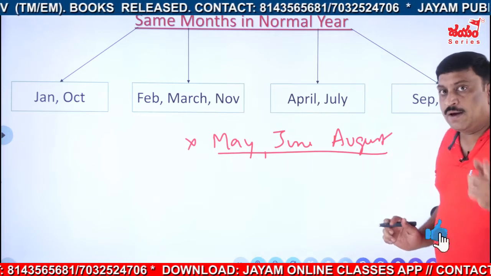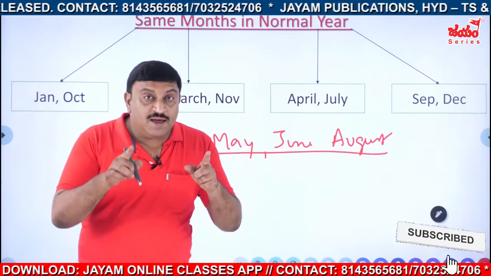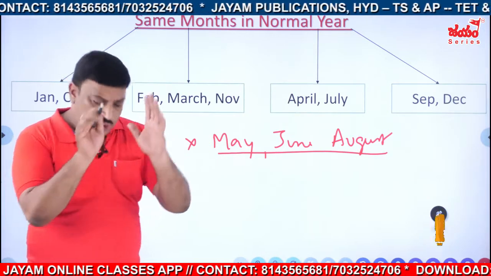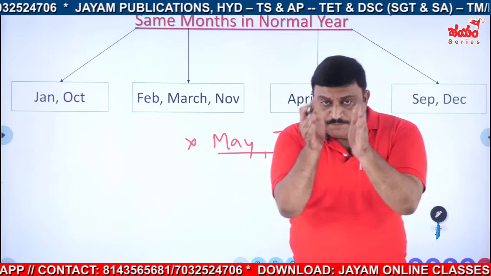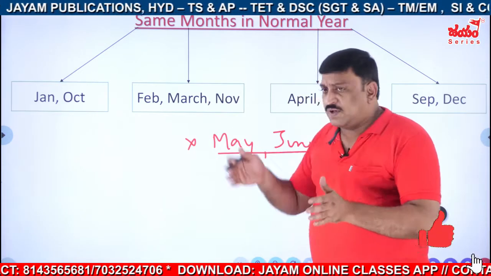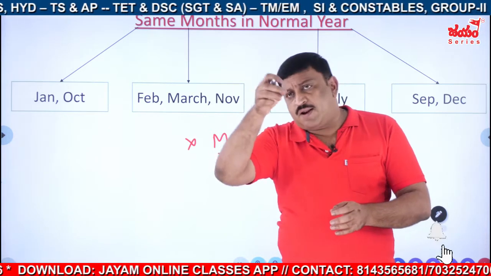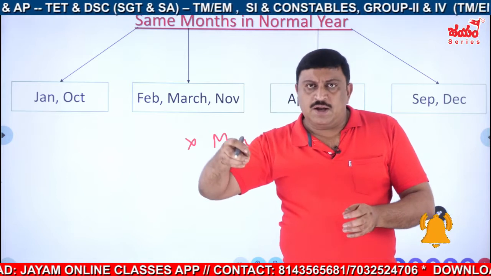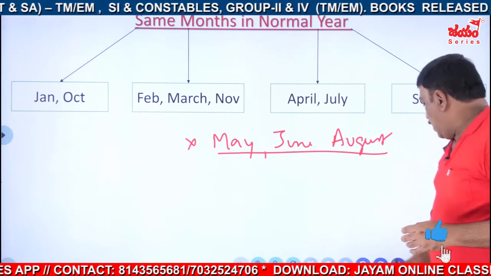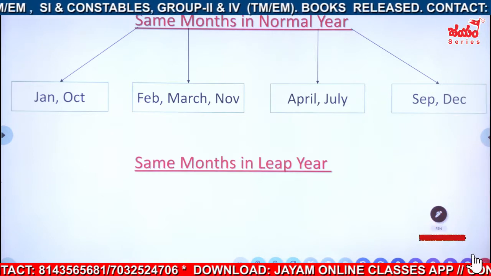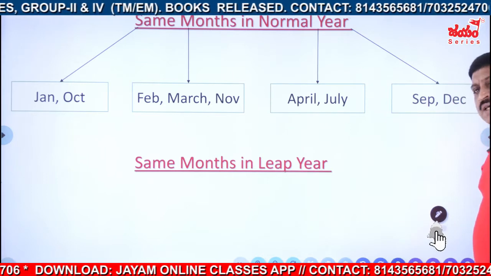Okay, fine. Now you try for same calendar month for leap year also. Same concept. You have to try. You have to make a chart. So use pen for first of all that table and use pencil for solving that one, right? If there is any mistake, then again you can rub that one and solve, right? This way you try and you'll get same months in leap year, right? Same months or similar months I can say, that is, right?